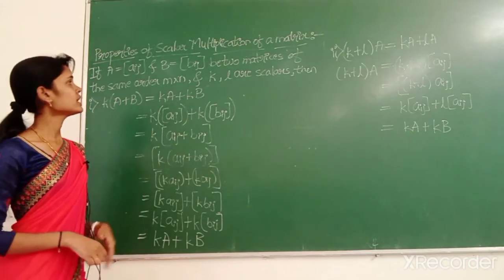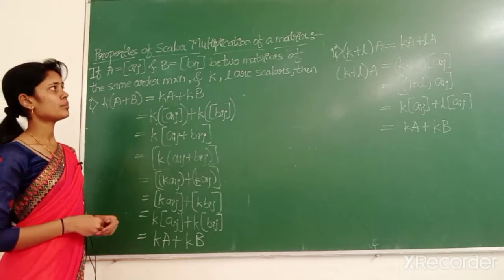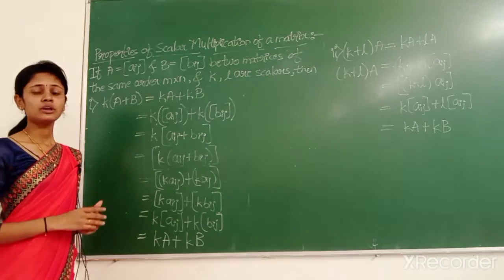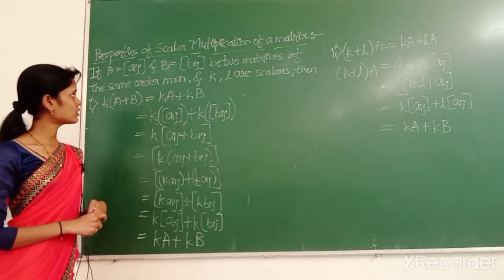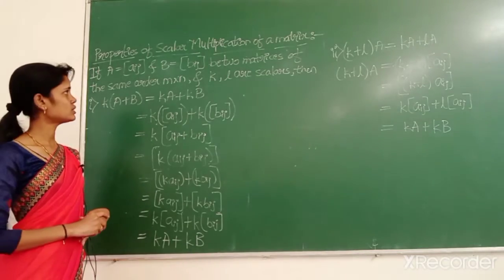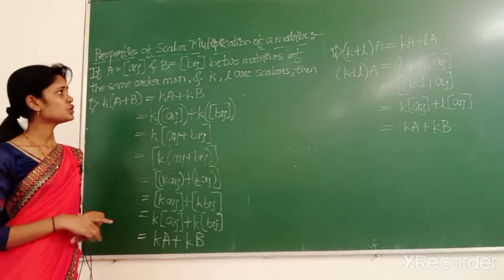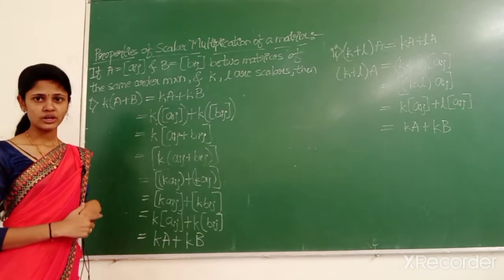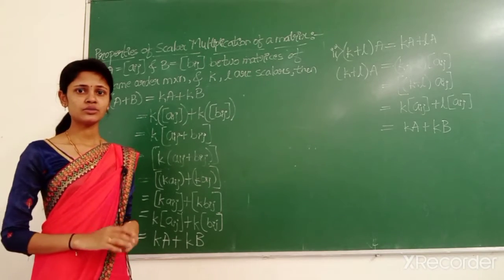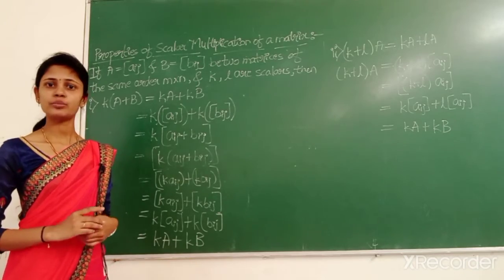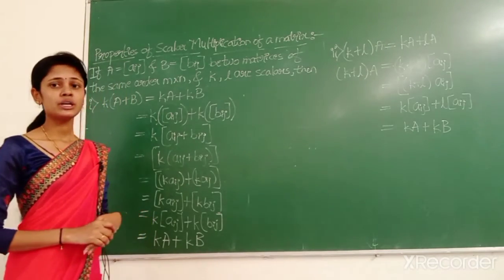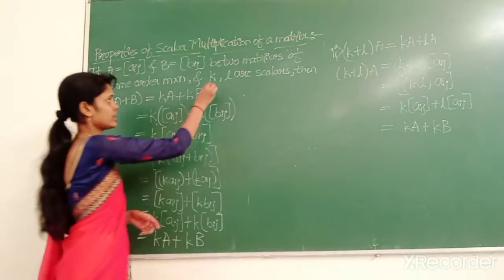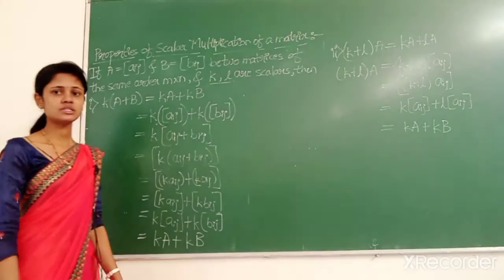The first property: if A equals Aij and B equals Bij are two matrices of the same order M cross N, and K and L are scalars, then...